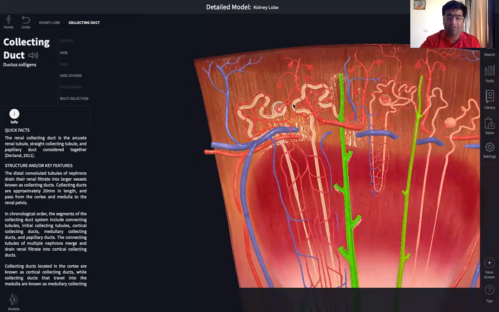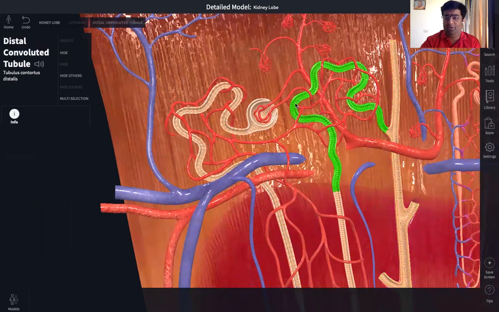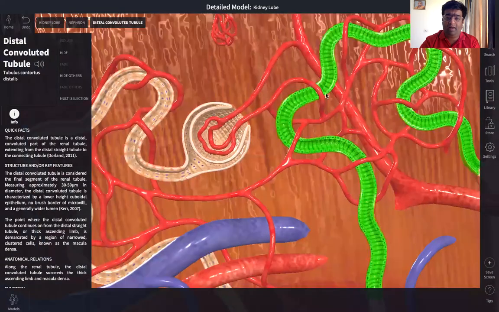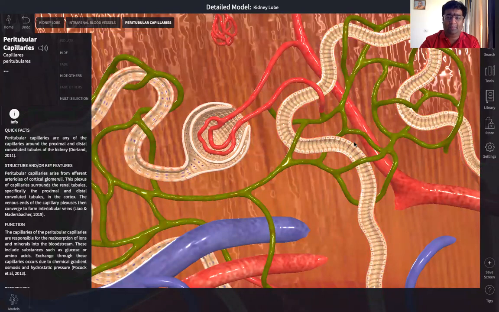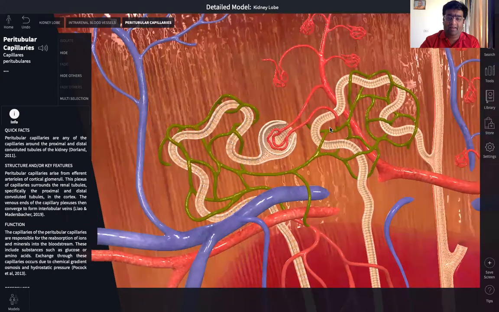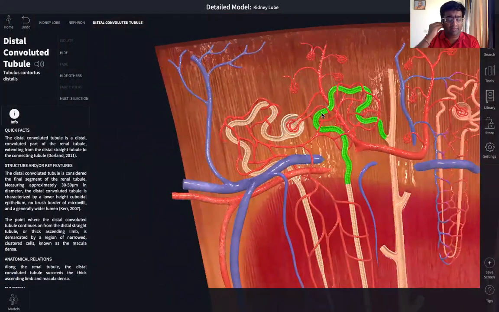Now coming to the final step of urine formation, which is tubular secretion. Actually a misnomer, because the tubule does not secrete any substance or any waste, but there are certain substances that escape out of filtration in the first step. During ultrafiltration, they do not get filtered out. Then these substances are circulating in the peritubular capillaries. So these substances are directly released from the peritubular capillaries into the DCT. These substances include things like hydrogen ions, then pigments, drugs, toxins, etc., which may have escaped out of filtration.